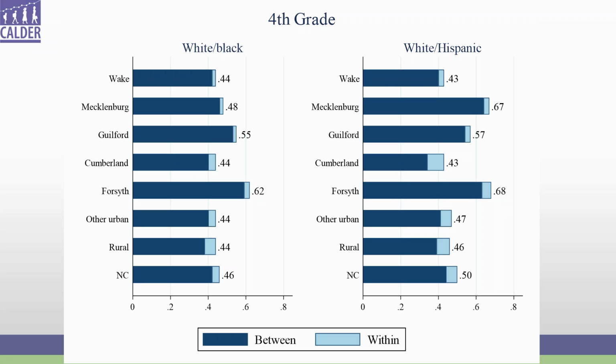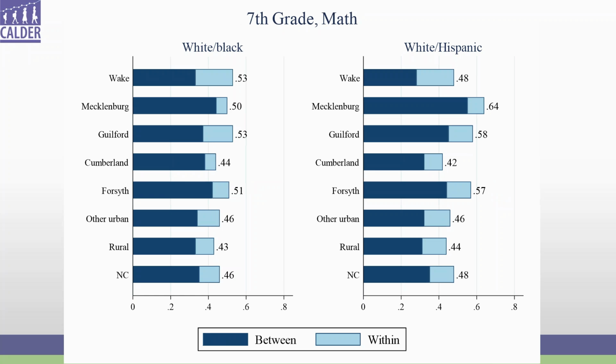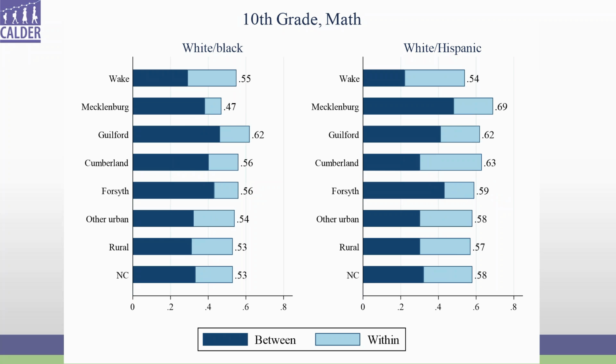Well, you can see on the left-hand side, there was a jump. No, you can't see the jump. Just take my word for it. But you do see that Mecklenburg is bigger than Wake, and it's bigger on both sides, white-Black and white-Hispanic. Okay, standard issue. It goes with the story. But now let me jump all the way to 10th grade math.